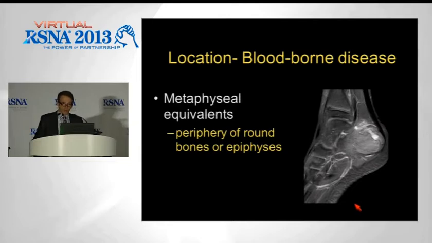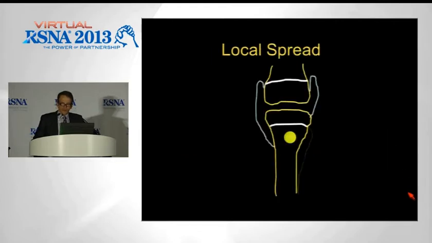Now, in the round bones, of course, it's hard to find metaphyses as well. And the metaphyseal equivalents are going to be in the periphery of the bones. And here you have an area of infection at the junction between the main bone of the calcaneus and the calcaneal apophysis. From the initial focus of the bone, in the metaphysis of the bone, the infection can proceed into